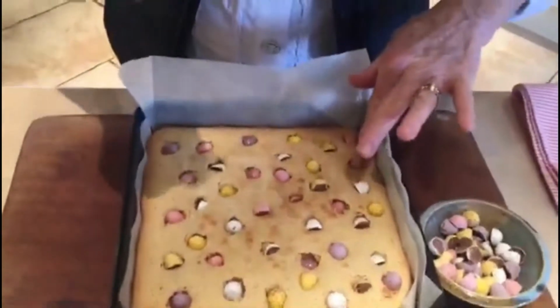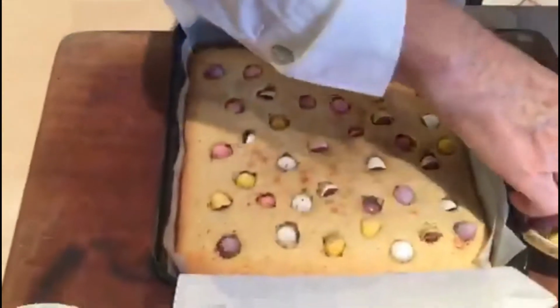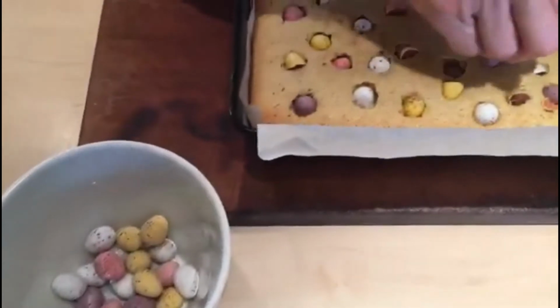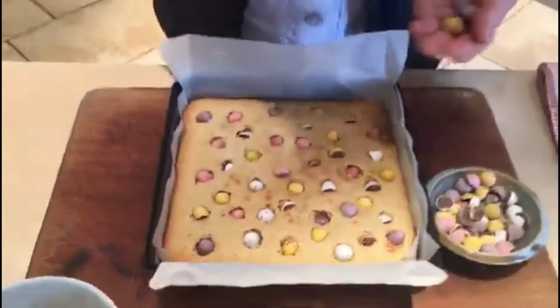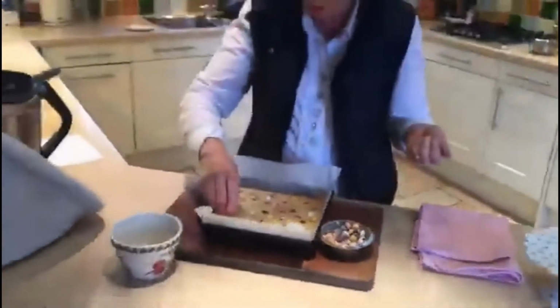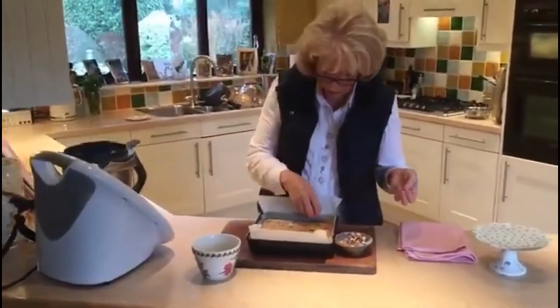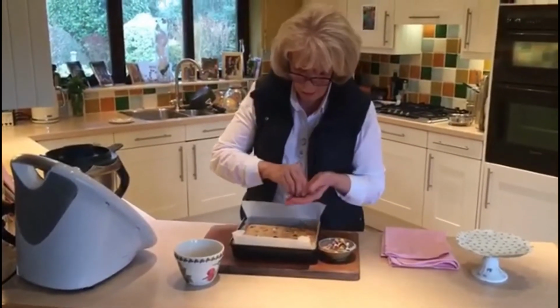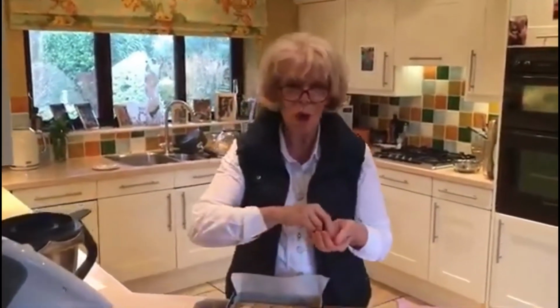So keep going. This is quite firm round the edges, so I think I'm going to give this minimal cooking back in the oven. But it's entirely up to you. If you want a more solid biscuity texture or cakey texture, then give it the full 10 minutes. But if you just want the flavour or the texture of raw cookie dough,